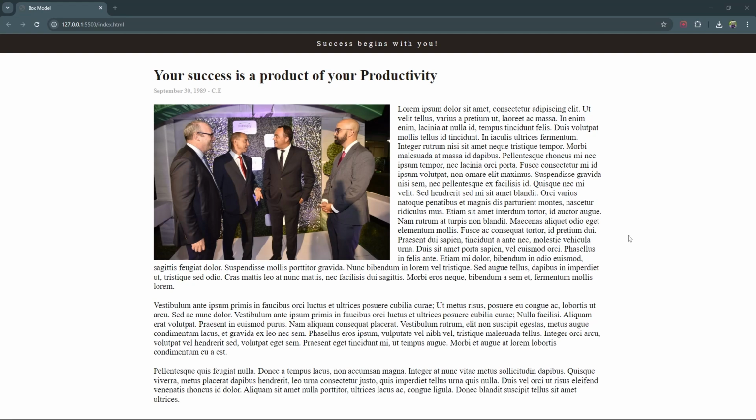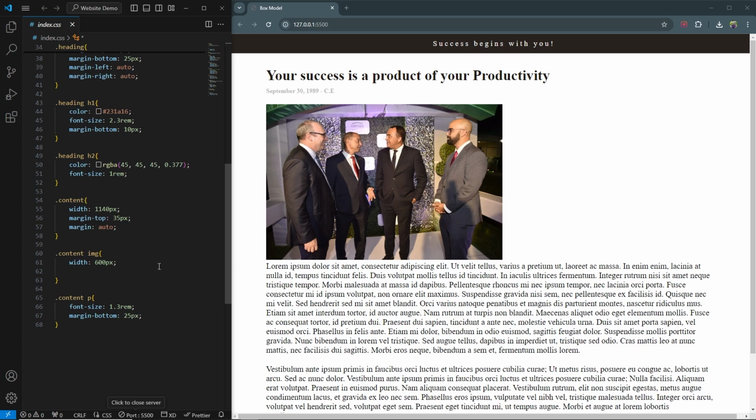Today I'm going to show you how you can wrap text around an image just like this to create articles or different sections within your website. This is being done by using the float property in CSS. So if this is something you'd like to know, then stick around and I'll show you exactly how to do it. So here we are in VS Code, and like I said before, we're going to achieve this using the